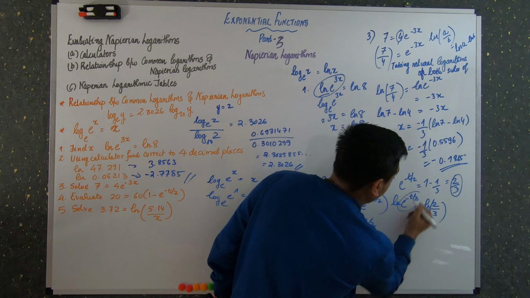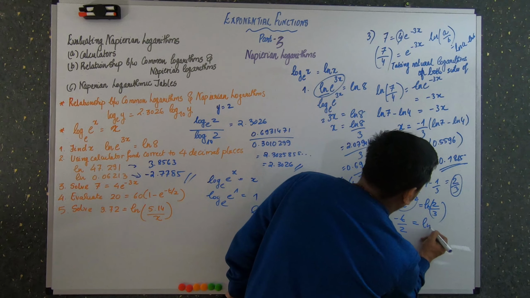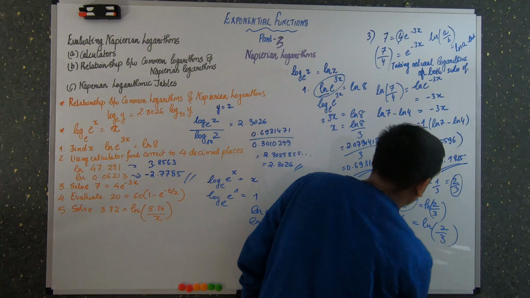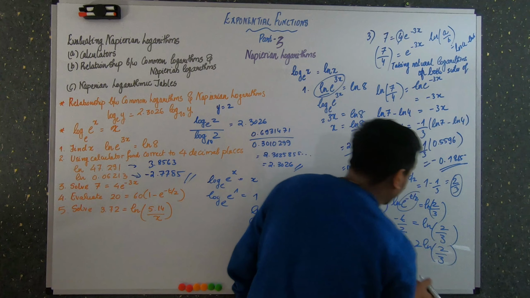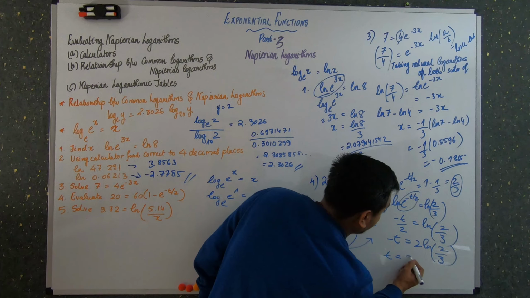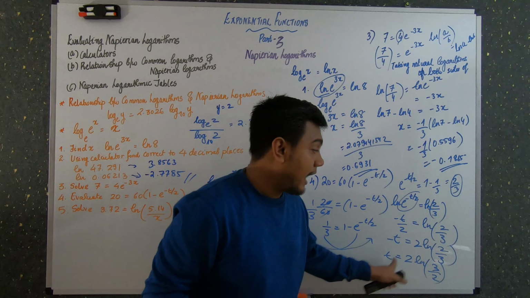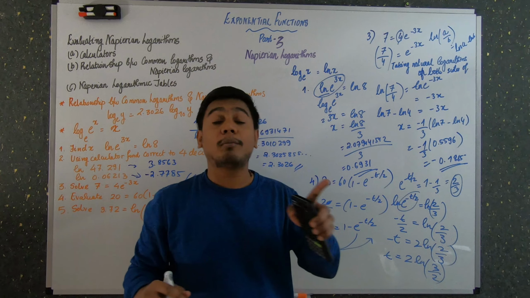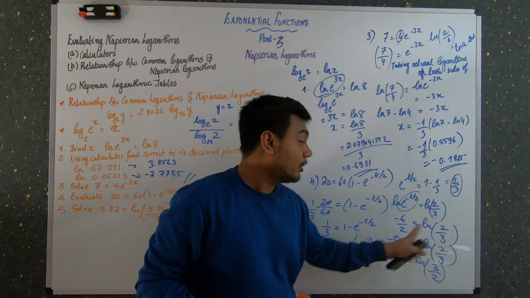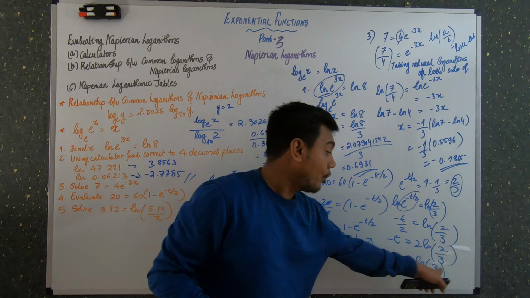So this term becomes minus t by 2 is equal to logarithm of 2 by 3. So minus t is equal to 2 into logarithm of 2 by 3. Again, if I take minus on the other side, it can also be written as 2 into log of 3 by 2. But how did I write this? I took the minus inside the logarithm. Log of 2 minus log 3, when I took the minus, becomes log 3 minus log 2, which can be written as 2 into log 3 by 2.